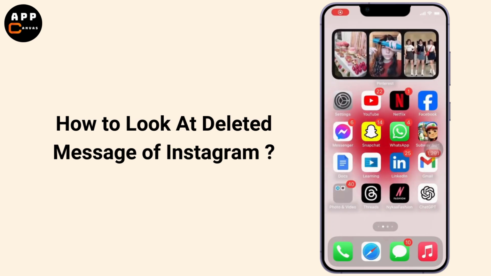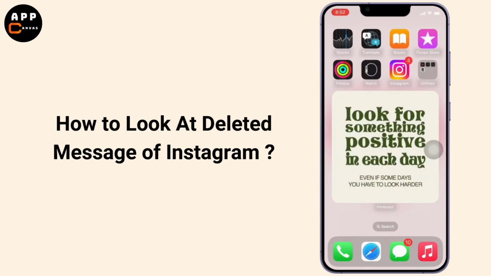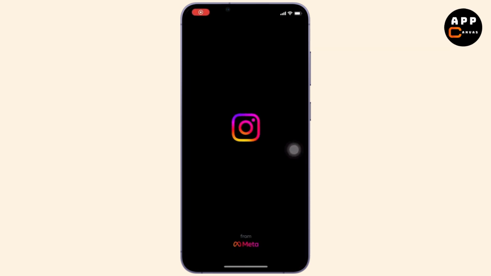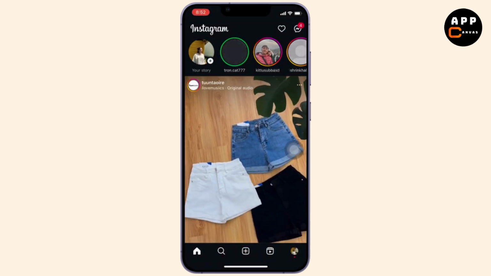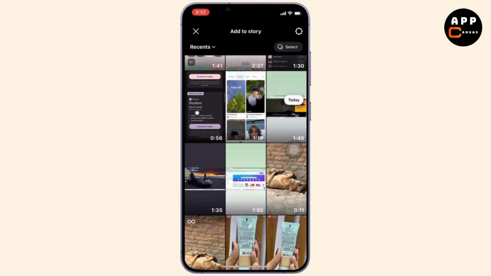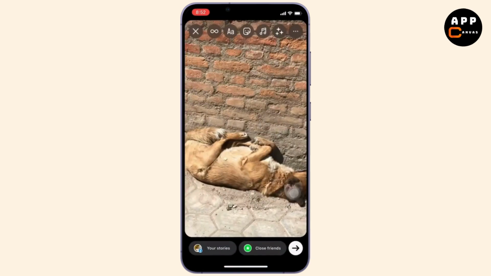How to add a template sticker on an Instagram story. What we're gonna do is we're gonna open our Instagram app, and after opening our Instagram app we're gonna click on our story. Then we're gonna open our camera, and after opening the camera we will select a picture, and